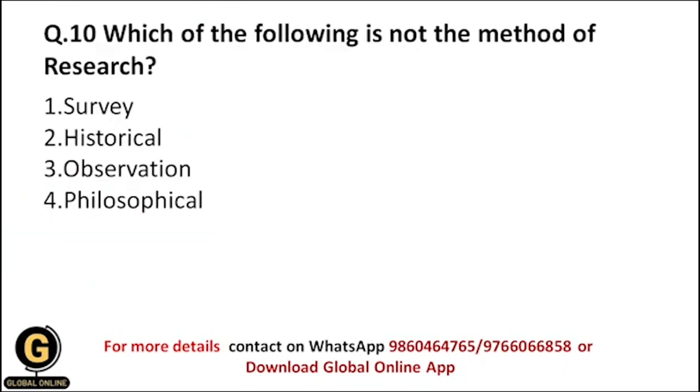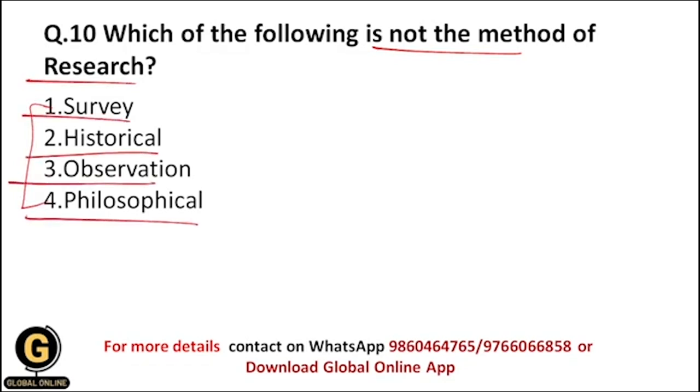Next is, which of the following is not a method of research? Now from these options, which is not a method of research: survey, historical, observation, philosophical. Now students, we need to understand exactly what a method of research is. So research method basically comprises strategies, processes or techniques